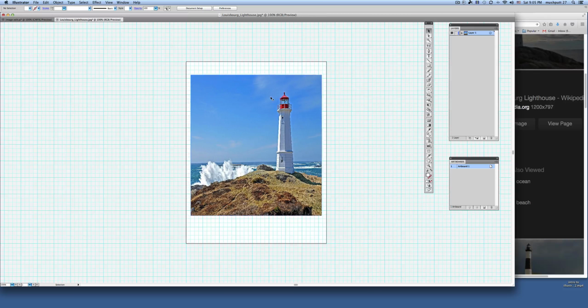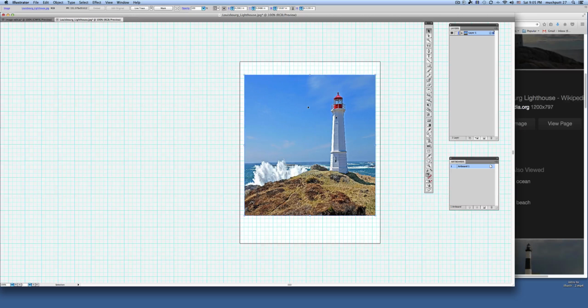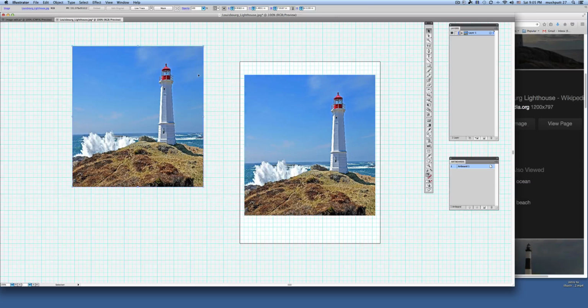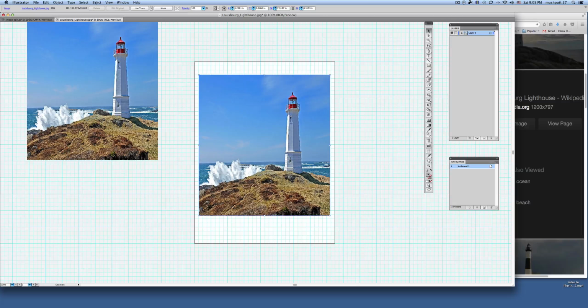Now, what can we do as far as editing this image goes? First, I'm going to copy it and paste it, so I have an original and I have one that I could do some work on. So I can always go back to this original. So in the artboard, let's first explore under